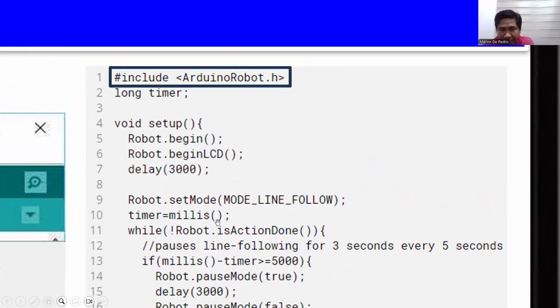Another example, we have robot.setMode, meaning we are calling the setMode method so that we can assign the values for the mode line and the follow parameters for our class robot. So this is a basic example.